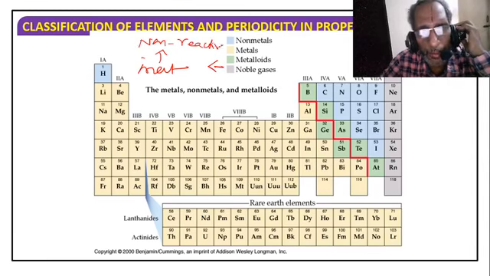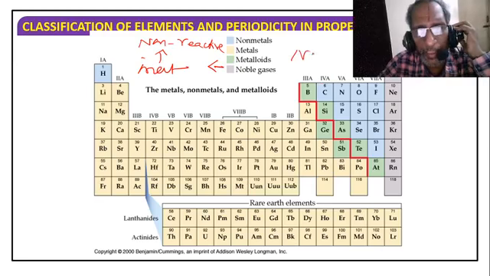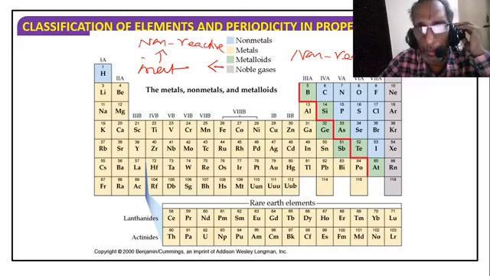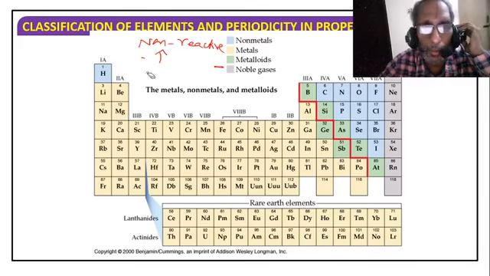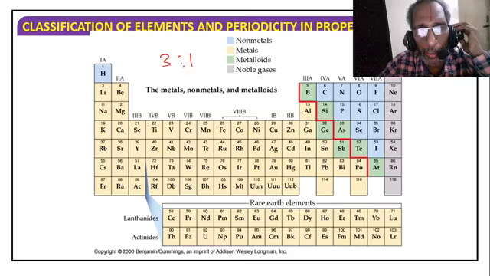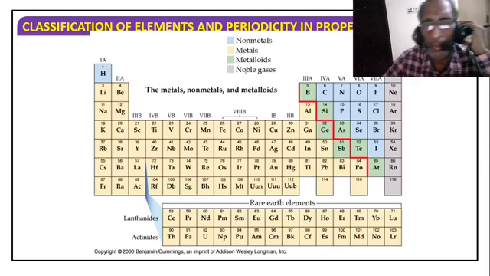So gold is a noble metal because it is a non-reactive metal. In order to dissolve gold, we have to prepare aqua regia. It will neither dissolve in acetic acid, nitric acid, nor in hydrochloric acid. It will be dissolved only in a particular 3:1 mixture of hydrochloric and nitric acid called aqua regia. So it is the noblest metal. Then platinum is still more noble. So they are not easily reactive. Non-reactive are called noble.